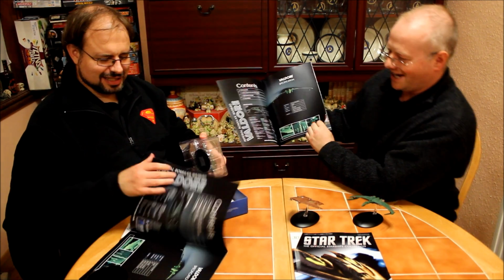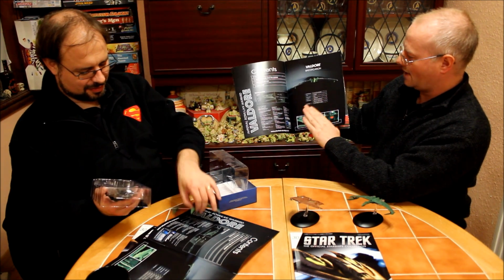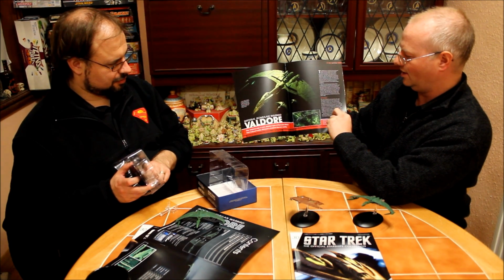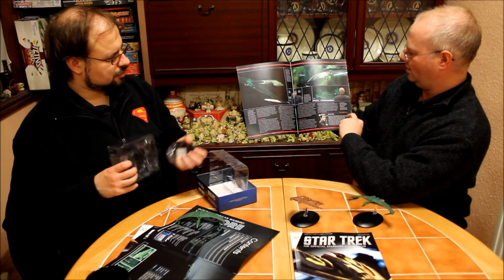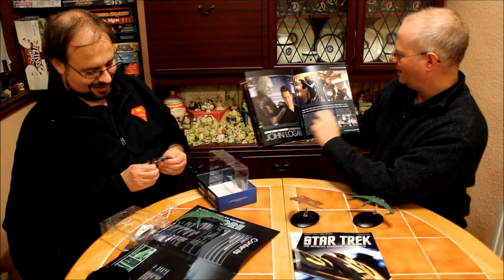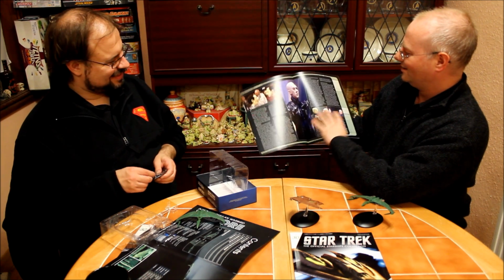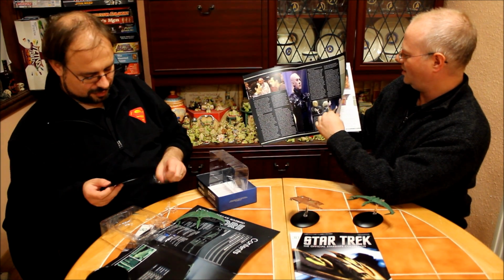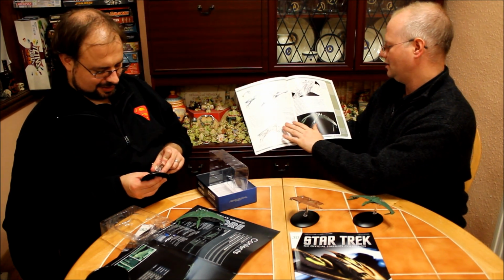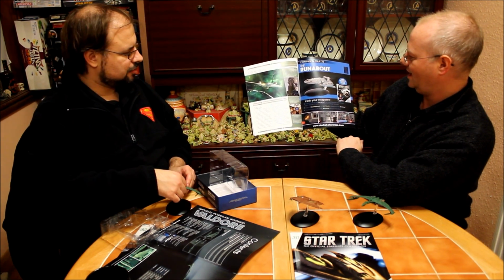Multitasking. I'll cover the magazine, you unpackage your model. So, how to place the model on the stand. Little art. Some really nice CGI. Then on to clips from the movie. The topographical overview. Some behind the scenes information regarding the film. Some fantastic concept art. Another CGI. And then on to the end. Now,